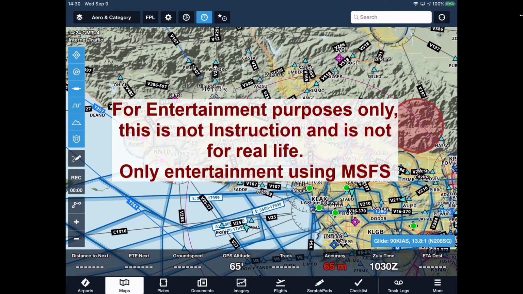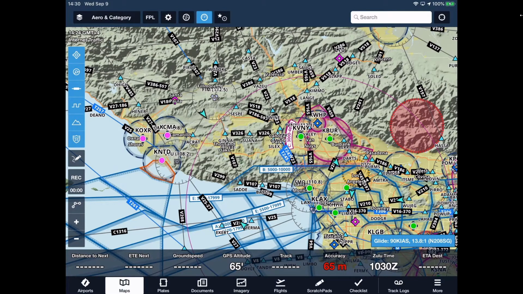Interesting exercise, this time with the VOR navigation and an ILS approach. So I'm gonna use ForeFlight here, that's what you have on the screens right now. ForeFlight is one of the best applications, the one that I use in real life and as well with the simulator. So I'm gonna use this one to plan and fly a very interesting short flight from Torrance to Van